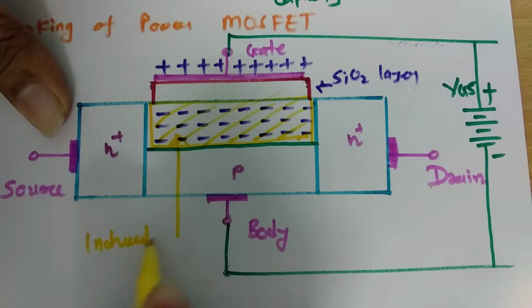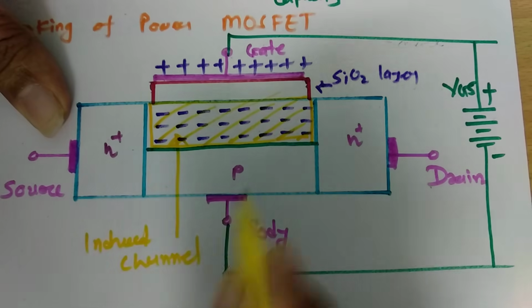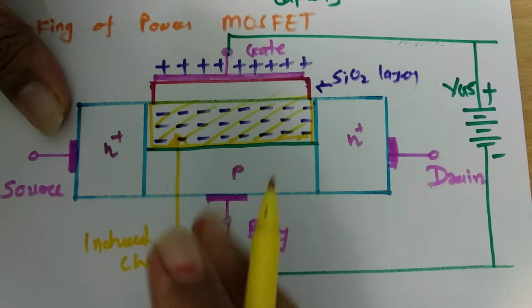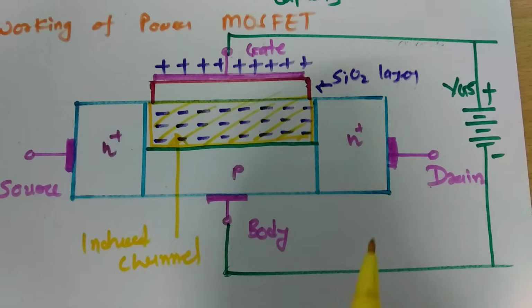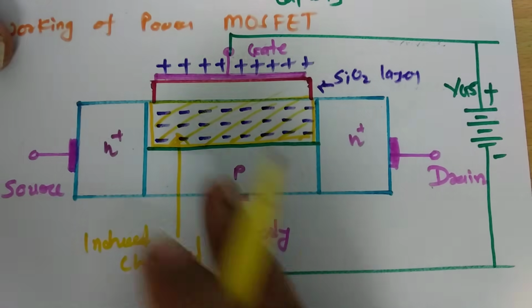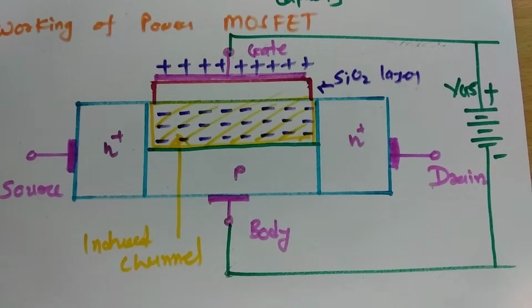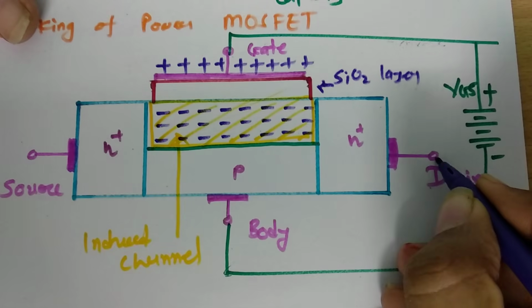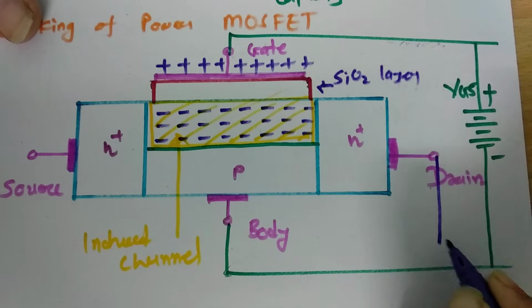induced channel in the p-type layer, and even that is referred to as the inversion layer. So ultimately, as the channel is created over here, if I connect the drain to the source,